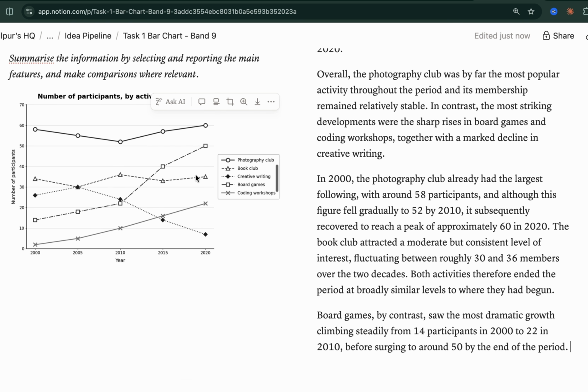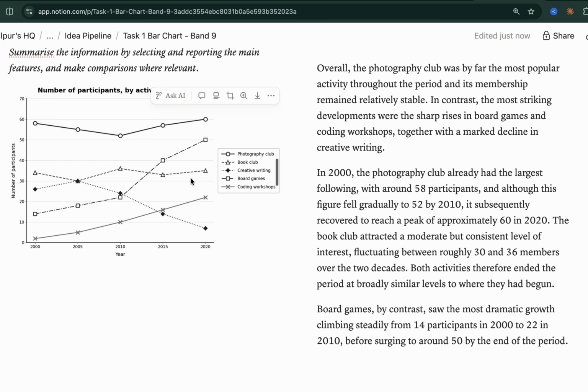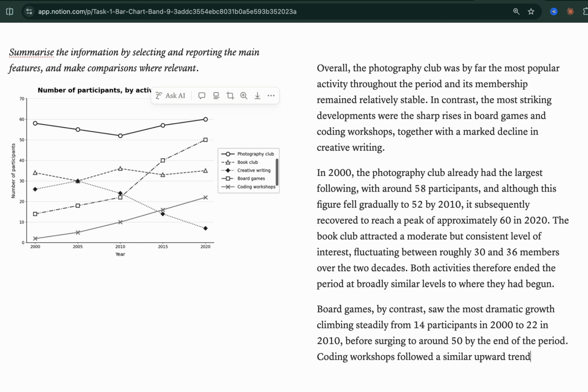Now, if you're done with ball games, it is time to move on to coding workshops. Coding workshops followed a similar upward trend. Yes, that's true. Rising from just one participant, because I see there's one participant. You could write two. One participant at the start